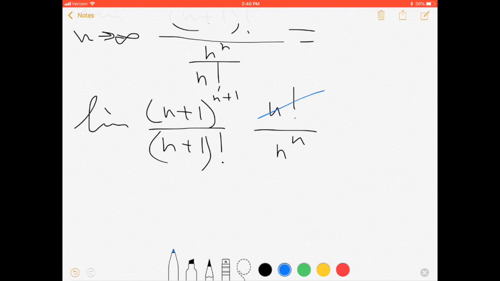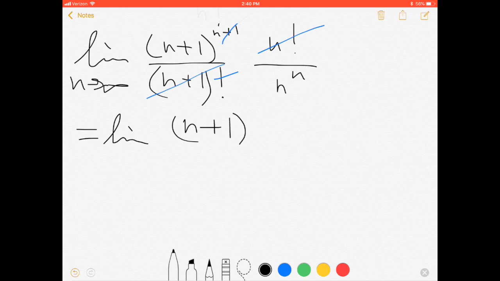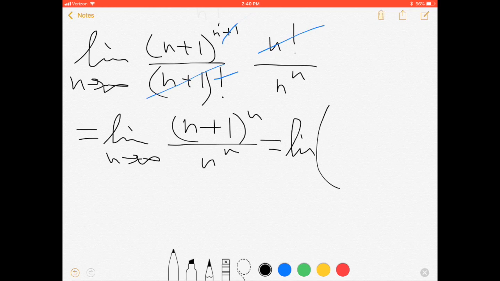Start simplifying. What we have here? n factorial, and here is cancelled. We have n plus 1, but n plus 1 power n plus 1 over n plus 1, this you can cancel. And this means finally we have limit n approach to infinity, our numerator is n plus 1 power n, our denominator is n power n. I will write a little bit different way. I have limit, here is n plus 1 over n,